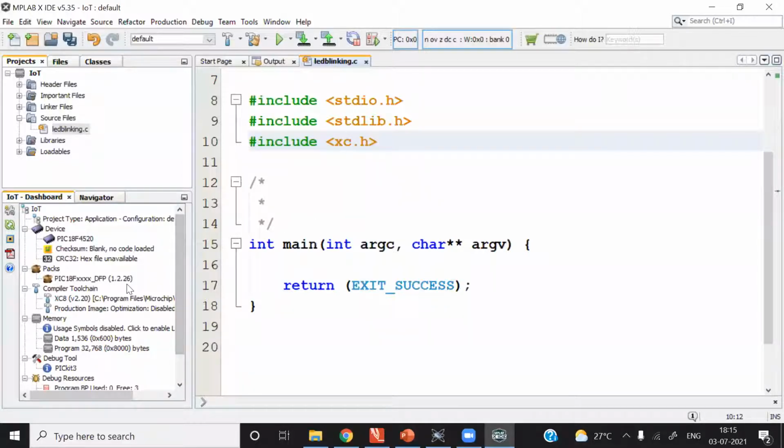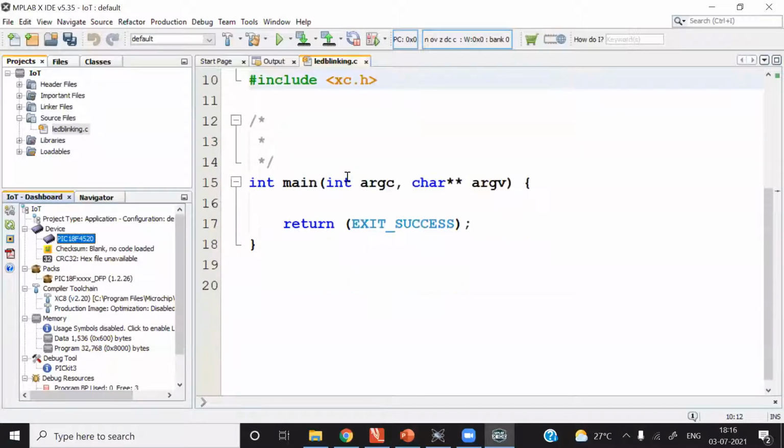And while creating the new project, we have already mentioned the part number. What is our part number? PIC18F4520, and in the navigation pane you will see here, I have highlighted it, look at the cursor. What is the device number? PIC18F4520. This is the part number we are going to use in our program. So this header file contains information of all part numbers. But as we have included a specific part number while creating the project, at the time of compilation, the compiler will extract information of PIC18F4520 from this header file.